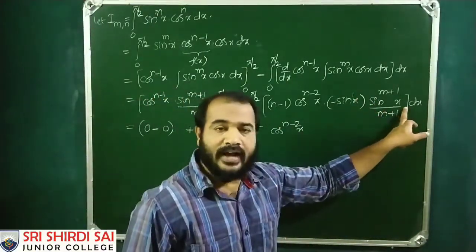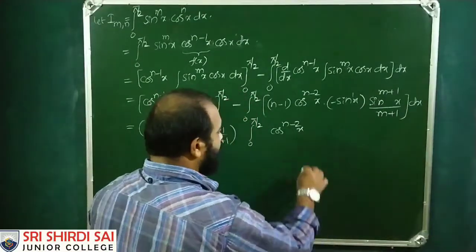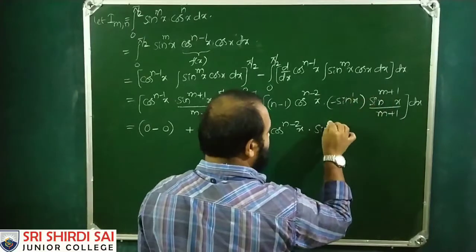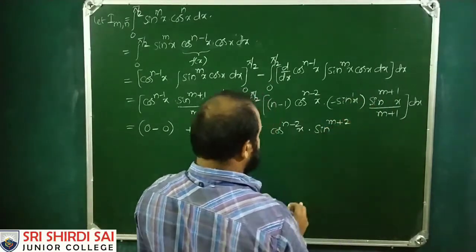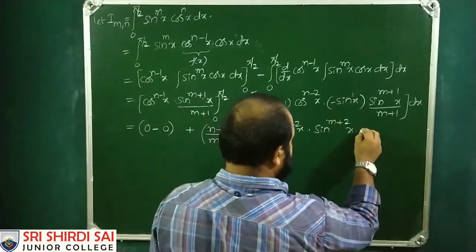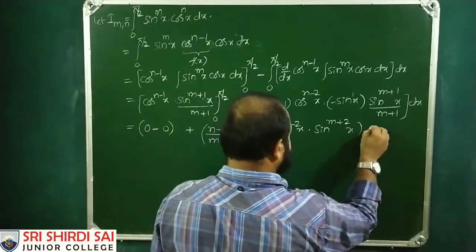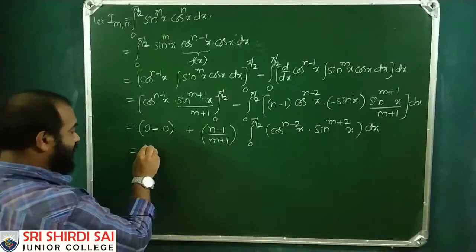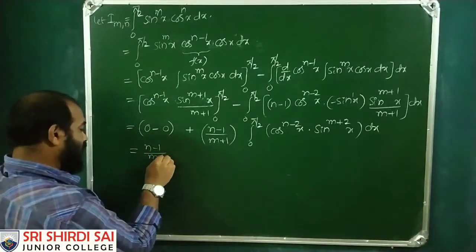Bases are equal, exponents are to be added. That means sin power m plus 1 plus 1, m plus 2 x dx. This is equals to n minus 1 by m plus 1